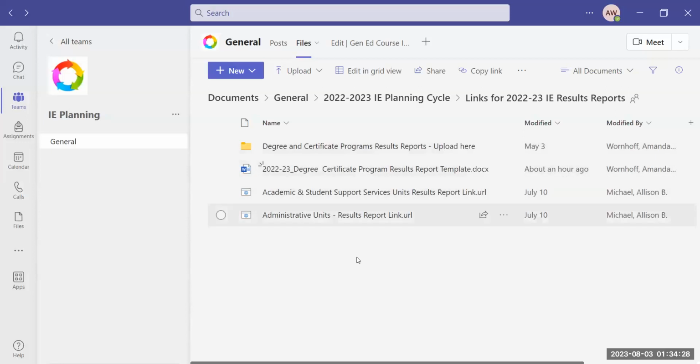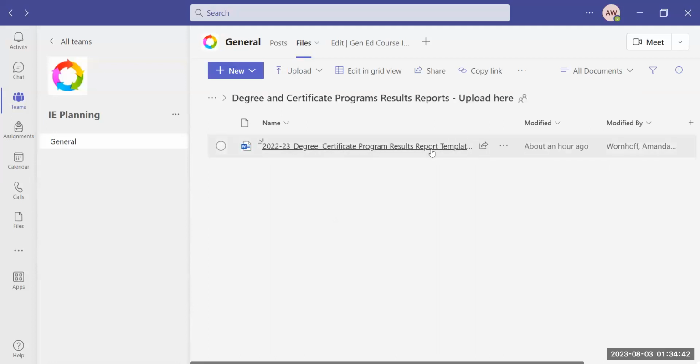And then when you're ready to submit it, in that Links for IE Results Reports folder, this one right here, there's another folder called Degree and Certificate Program Results Reports Upload Here. So you open that up. There's another copy of the template in there, but here's where you will upload your completed